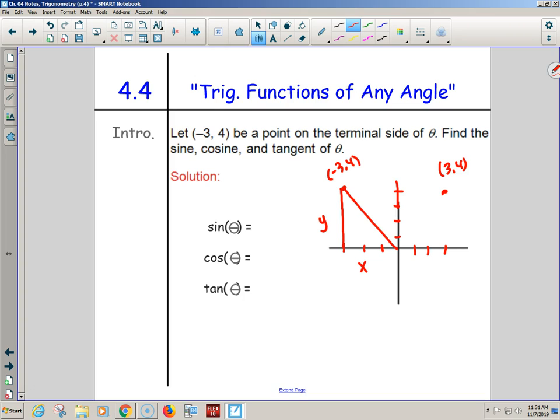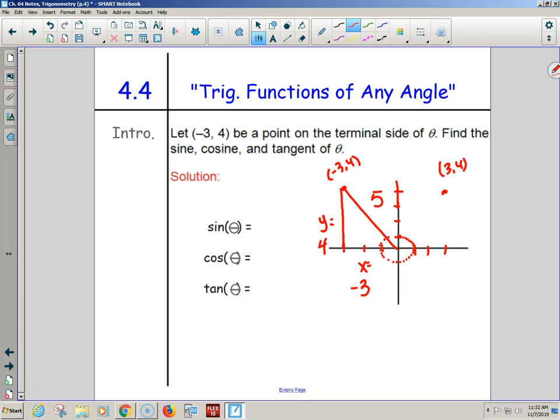Although Emily said, put it in your unit circle. Could we scale this guy back to be in my unit circle? It'd be up 1, over 1, down 1, back 1. Sure. But to scale him, wouldn't we have to know what his sides are to do that whole ratio thing? So what do we know about the sides? The x is negative 3 and the y is positive 4. And by the Pythagorean theorem, negative 3 squared plus 4 squared is 25, which means this guy has to be a 5, right?